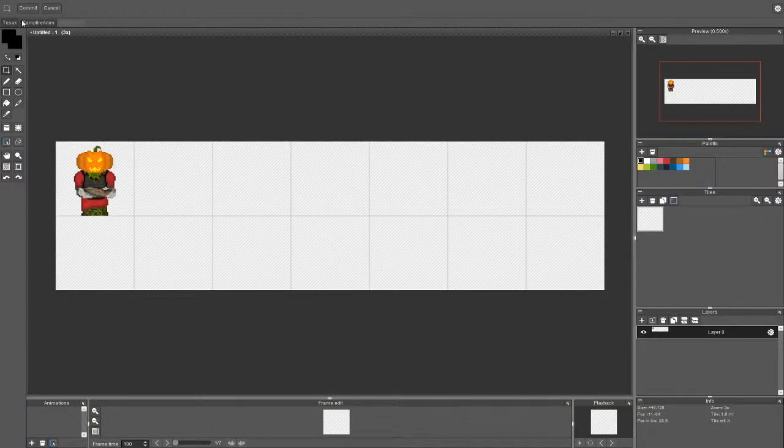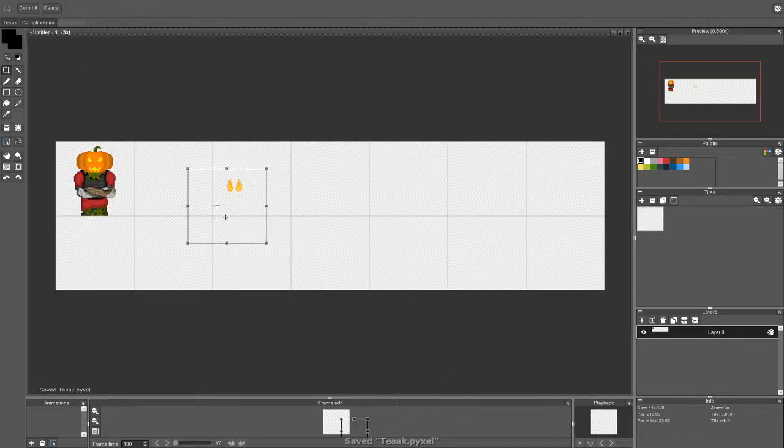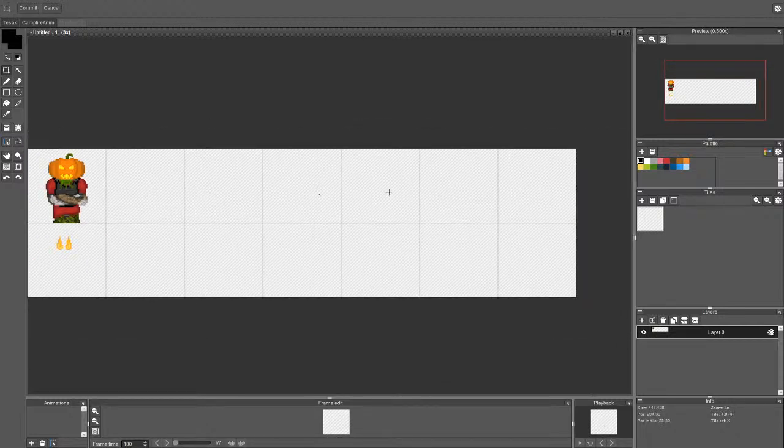Now paste this here. Revert everything in here. Hide this. Now let's copy the flames, which is under another layer. So now 1, 2, 3, 4, 5, 6. Okay.